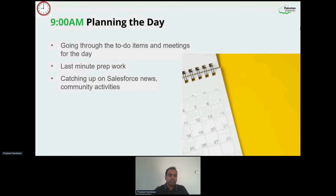So in this time, you'd go through what the to-do items are, what the meetings are, do some prep work, make sure you've got your notes in order. You've thought through what you want to talk about, and really get prepared for what is coming up during that entire day. And as you can see from the previous slide, there is a jam-packed agenda of various different types of activities. Of course, if you get some free time, you can catch up on things like Salesforce